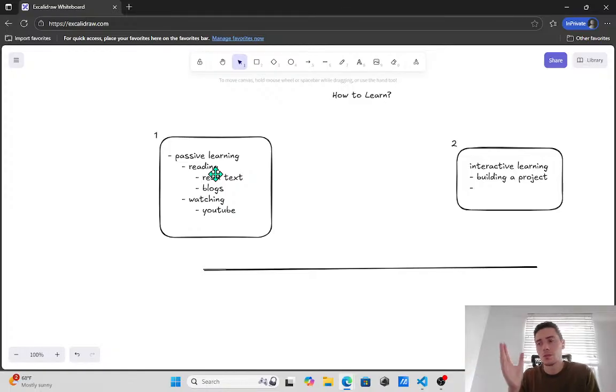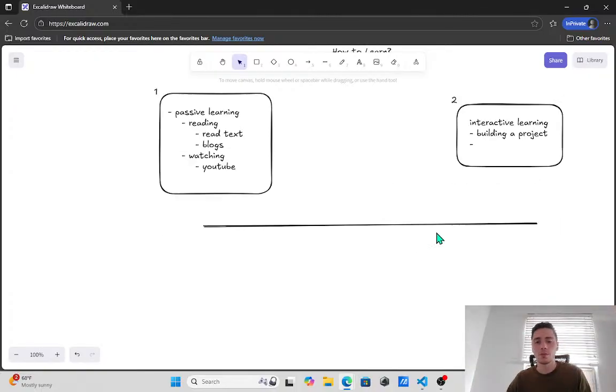Don't kill yourself understanding every single detail, every single proof. Understand the overarching, okay, this is what we're trying to do. And once you get that, I'd say probably try to get to more of the interactive learning, where you build a project. So once you understand the core concepts,